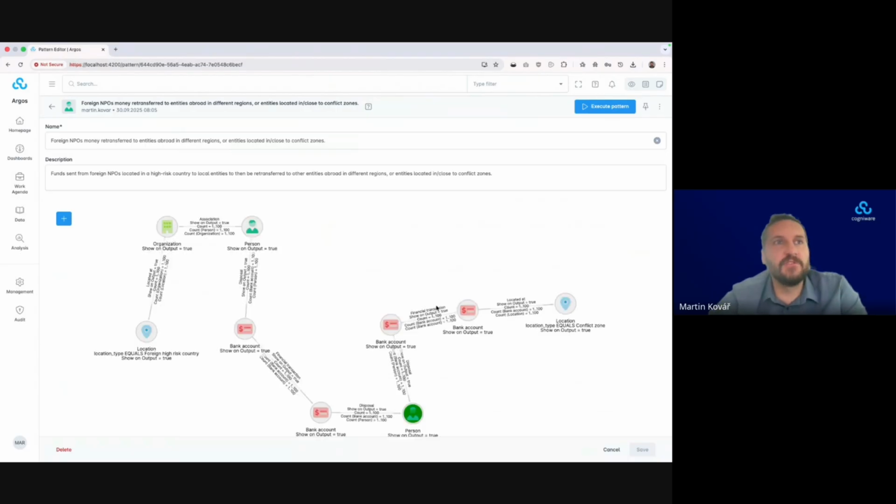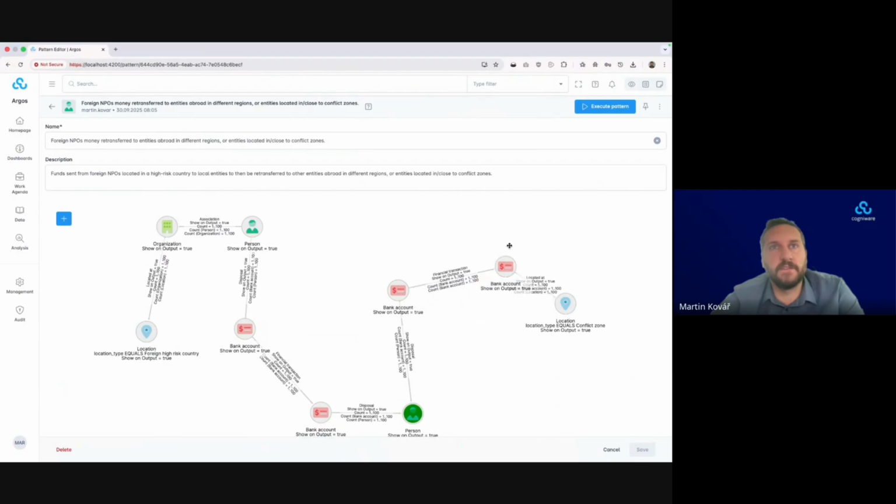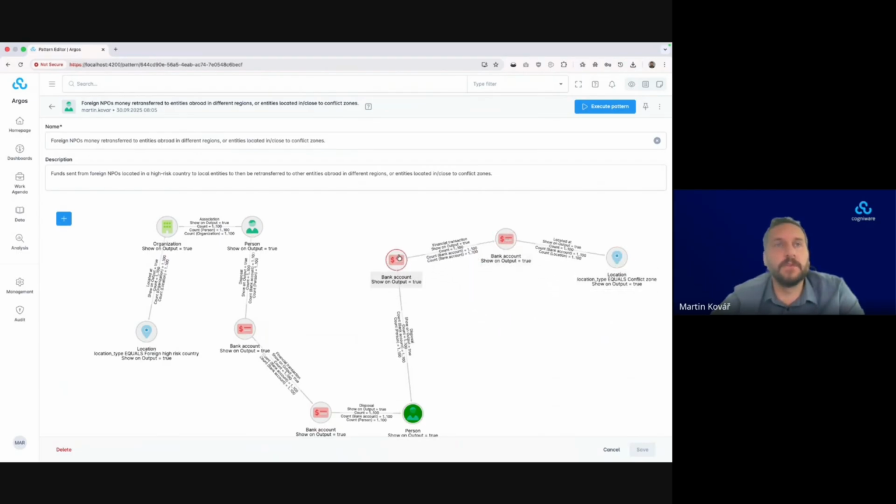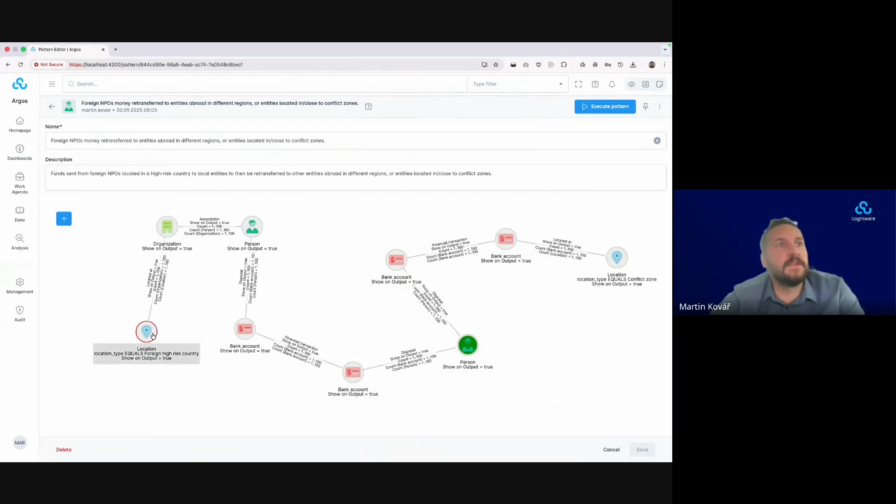This is the visual editor where we define each rule characteristic. There is no need to code anything. Everything is configurable using the UI. In this case, this is an example of a non-profit organization located in a foreign high-risk country, which is sending money to an account belonging to a person.